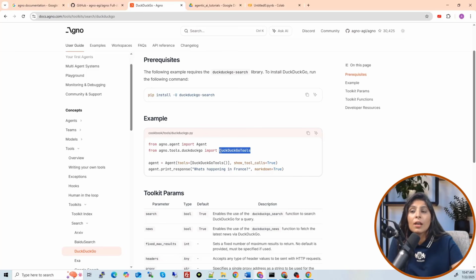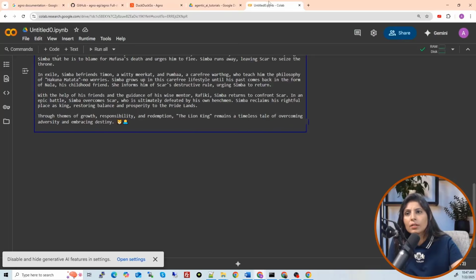We are not writing the code for this particular tool, right? So this is what predefined tools are. Code is already available. You just import them and use them. And custom tools means you write the Python function yourself and then you call them. So let's see all these concepts practically.